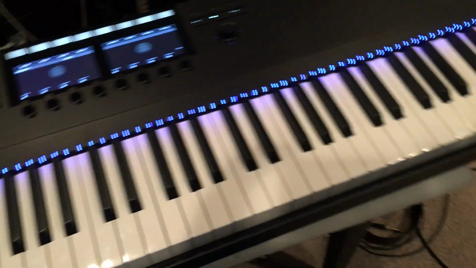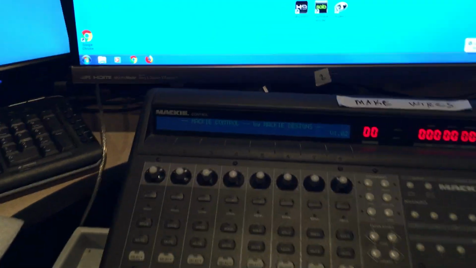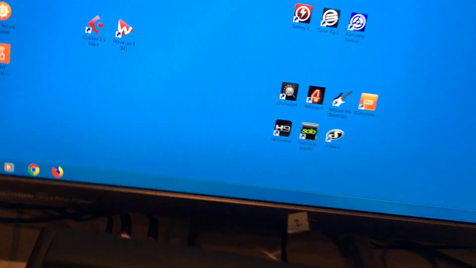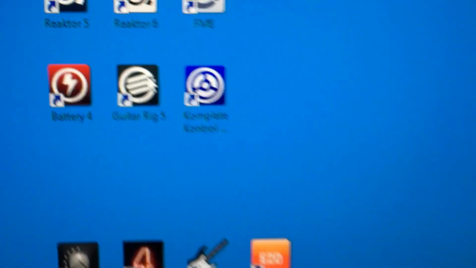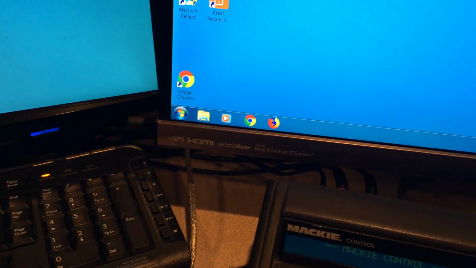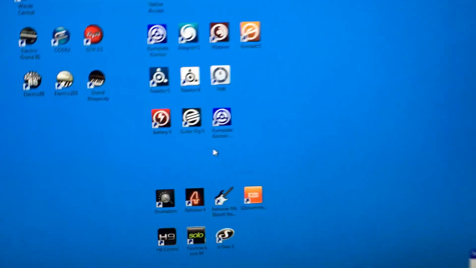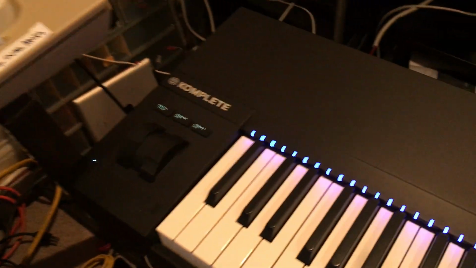The first thing you've got to do is get to the NI site and get Complete Control installed on your machine. All right, so get that downloaded, get that installed on your machine. All right, now you have learned, if you've gotten that keyboard